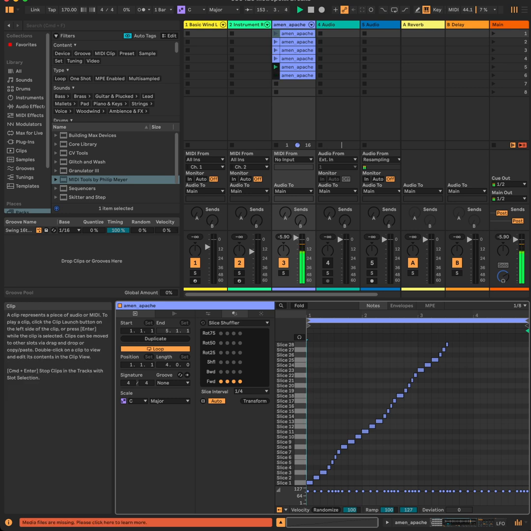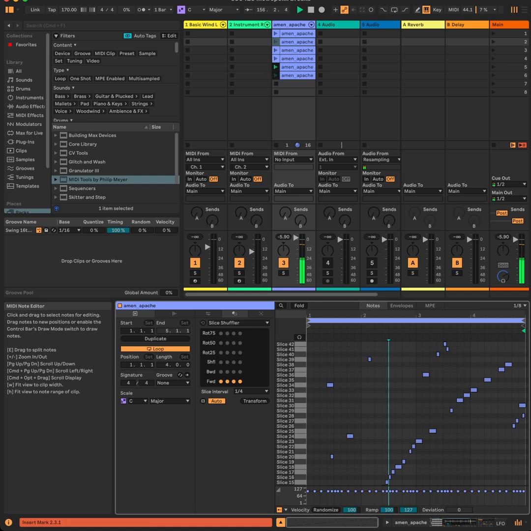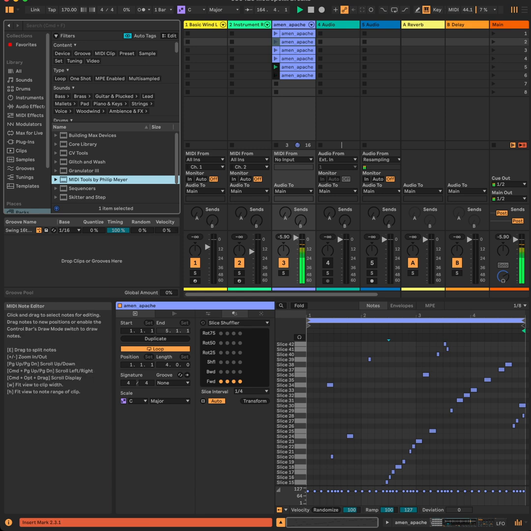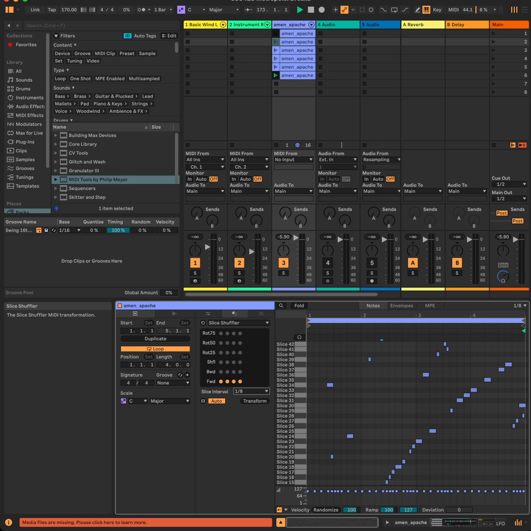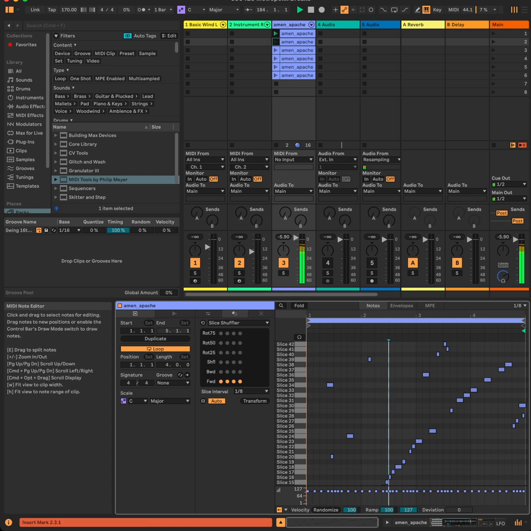Then we take that, and in another clip, we select all of that stuff that was in the right order, and then we use this, I wanted to get this guy's name, it's one of these MIDI tools by Philip Meyer, where it lets you select all of the notes in this piano roll here, and then take chunks of that series of notes and move them around in different ways. So if we had a chunk of 3 or 4 notes at the beginning, which represent the different slices of the break, we can tell it to move those around to another part in this piano roll here,